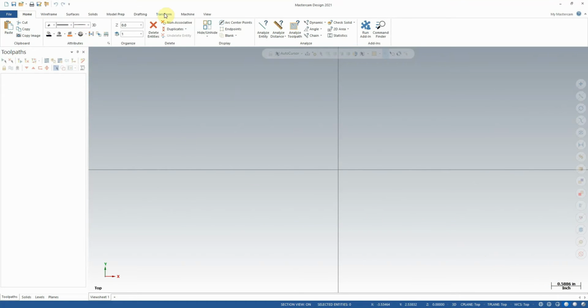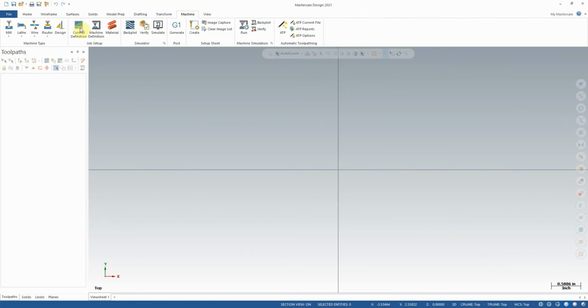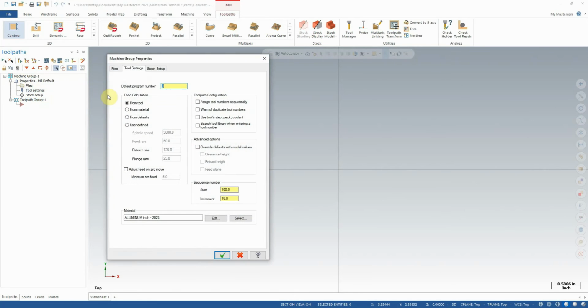Now, we're just going to create a simple example here. We're going to go to the Machine tab first of all, and enable our mill, default mill. We have our few options here, auto-populate. We're going to go into our properties drop down, and we're going to go through tool settings and stock setup just briefly. Tool settings, again, we looked at this briefly, but we're going to do this a few times for